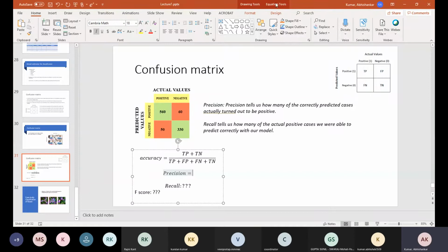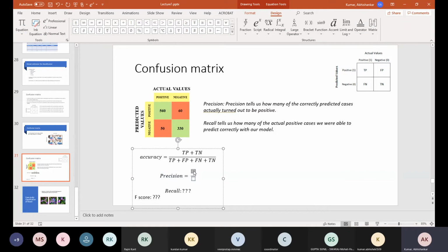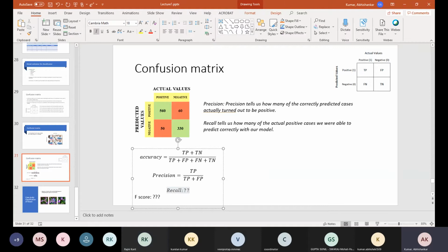Okay, and what about recall? True positive by true positive plus false negative. So have you understood exactly what it means?